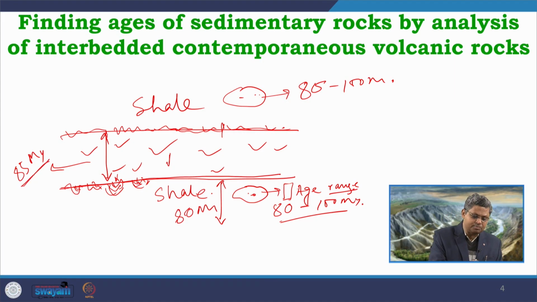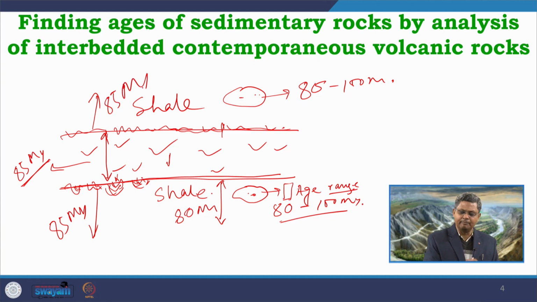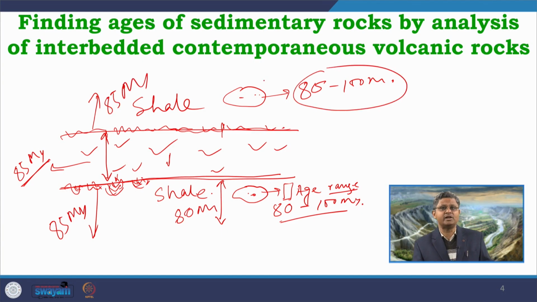Now, since the age of this one is 85 million years, and since they are contemporaneous, we can determine that definitely these are also of the same time range, 85 million years, which is also very much the same with respect to the time range that we are getting from this fossil. So, this is one method where we get this kind of interlayered volcanic units, tuff units, lava flows interlayered with sedimentary units, and this can repeat several times, and when you add them up together you get the complete age of the sedimentary succession or that volcano-sedimentary succession.